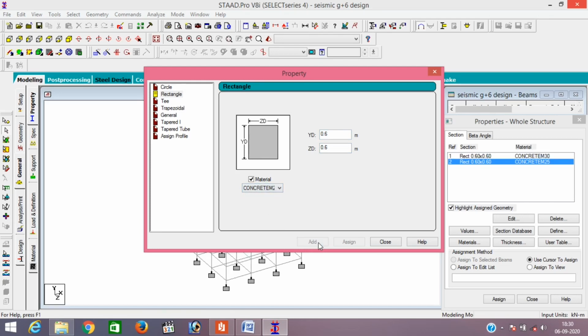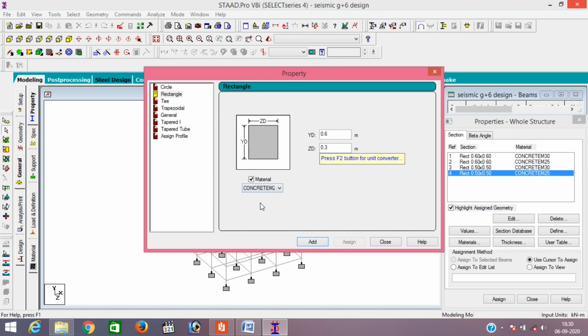Second, 600 by 600 M25 for the outer column. Edit. Then second is 500 by 500 above the plinth beam. All the columns' sizes are this. For M30 it is this, and for M25 this. Okay. Then our beam size is 600 depth and 300 mm width.